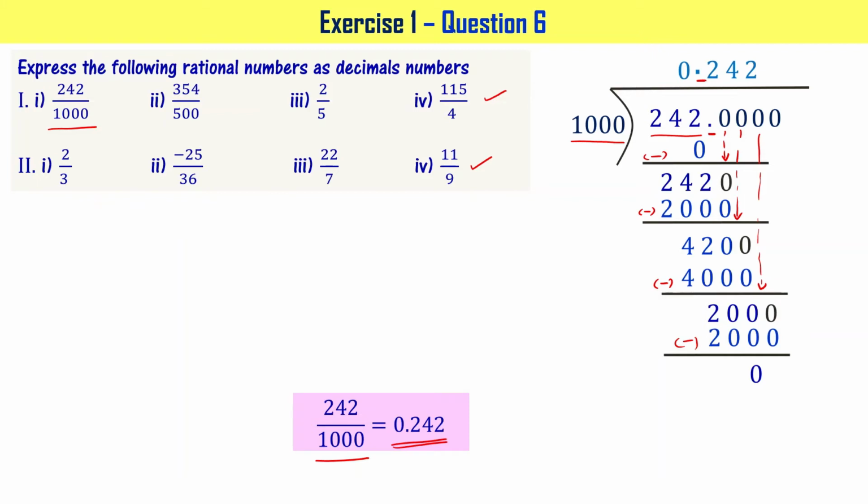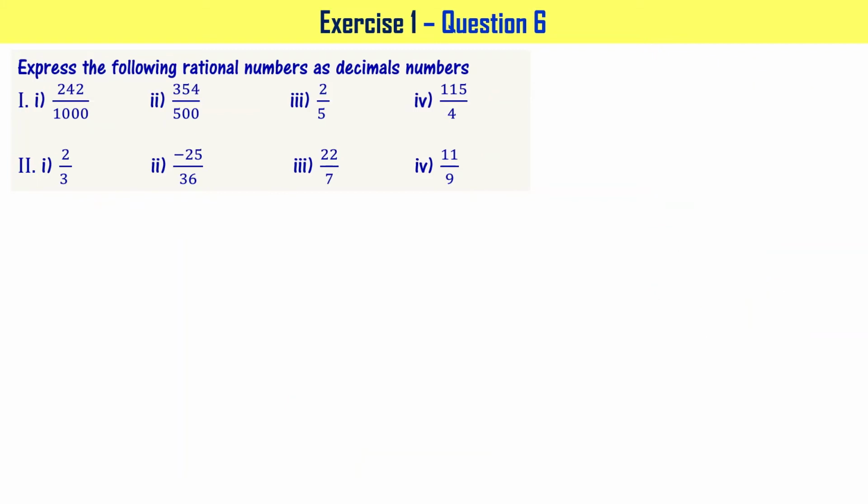Now let's take a look at the second part, that is 354 divided by 500. Let's write 354.4 zeros. I have written 4 zeros, but you can write as many zeros as you want. And then write 500 here as shown. Look at this, 354 is smaller than 500. So 0 times 500. Why we are looking up to 354 is, up to dot we want to consider. For example, if you have only 54, then we'll consider only 54 before dot.